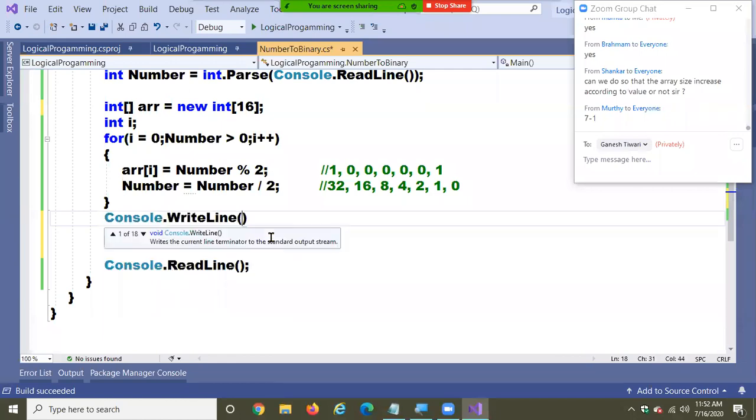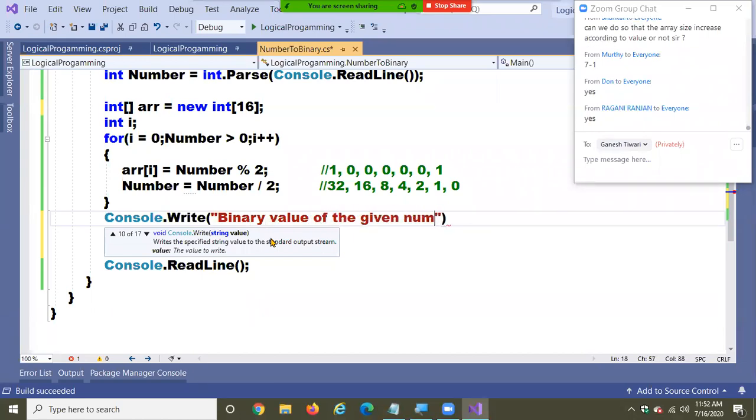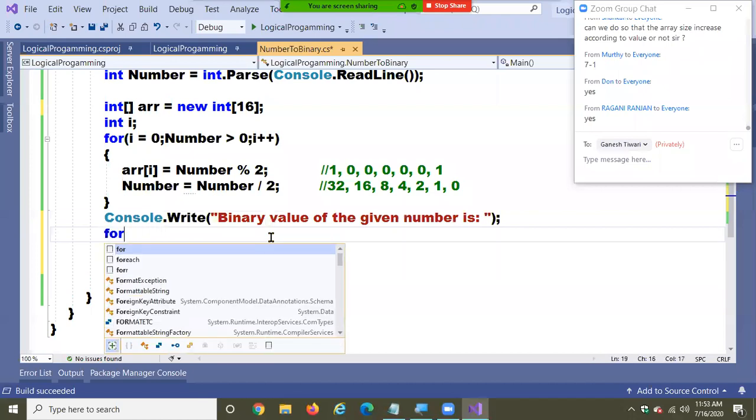Console.Write the binary value of the given number. Binary value of the given number is, okay. I want to print the value. Come on, I'm writing the loop. Help me writing a reverse loop for.